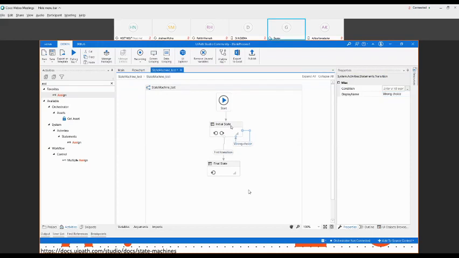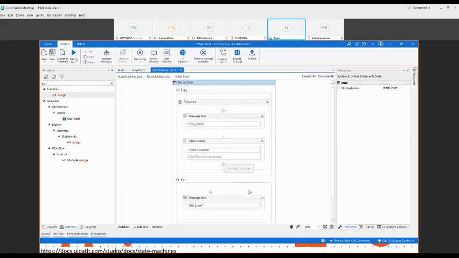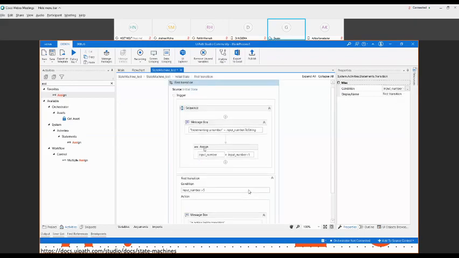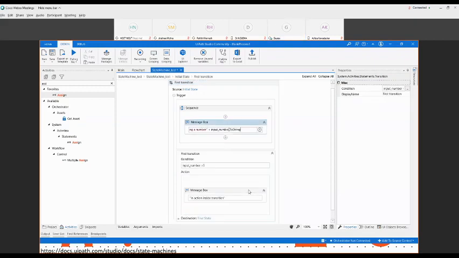I can show you here the initial state. Now you can remove this transition. From the first transition, you can remove this trigger. You can remove this trigger also.